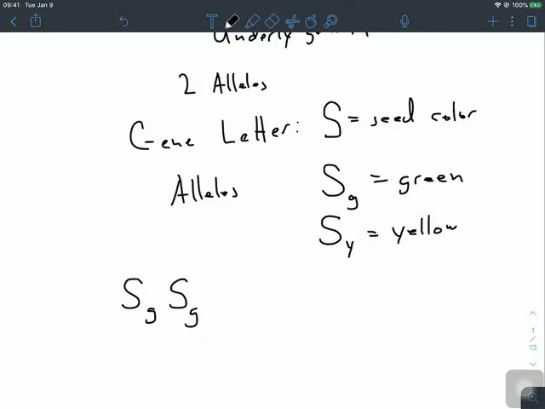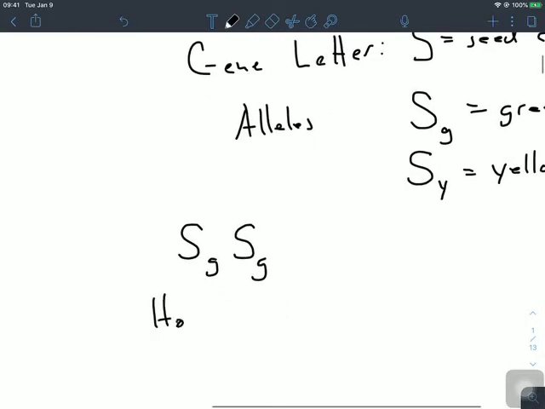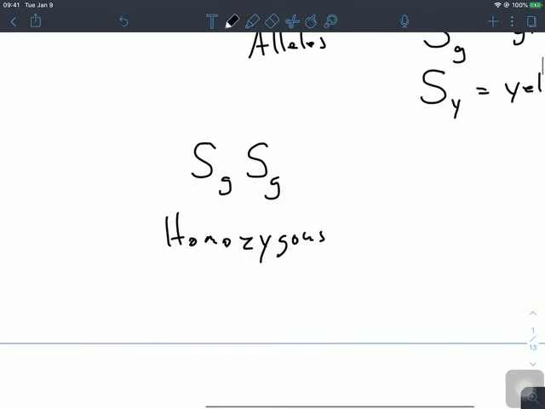We don't know whether green is dominant to yellow, or whether yellow is dominant to green, but we do know that an individual that's true breeding has to be homozygous. In this case, this individual is homozygous green. You can also be homozygous yellow. Both of these are true breeding